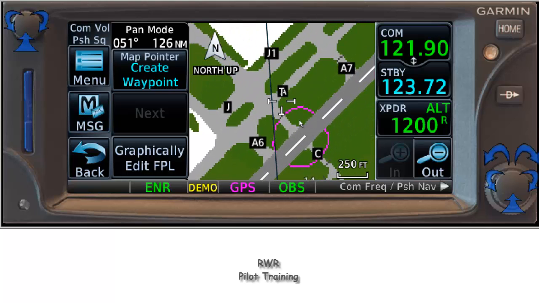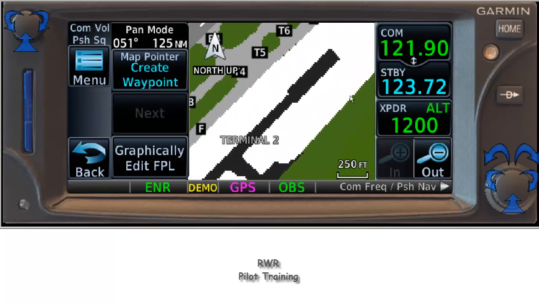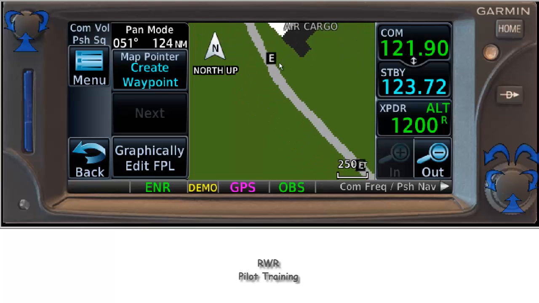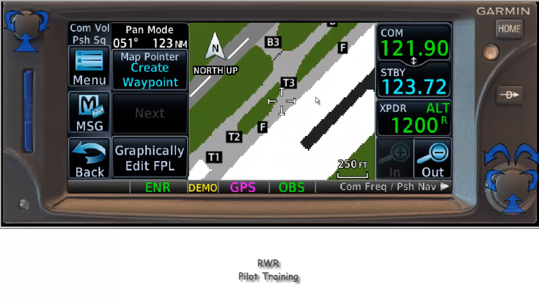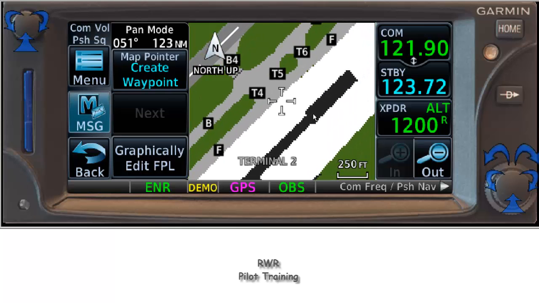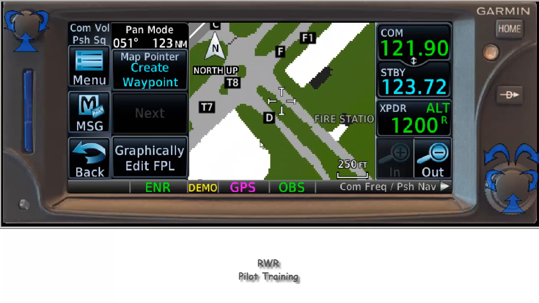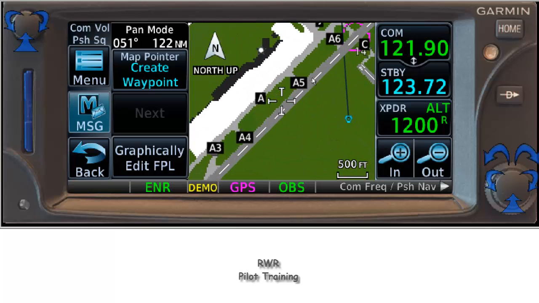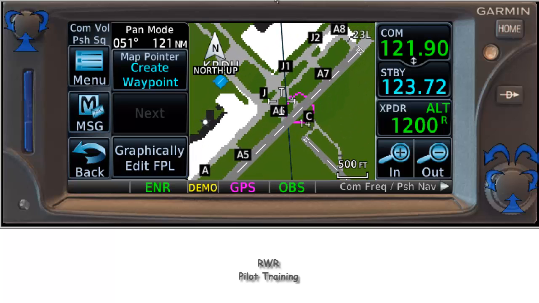This is a hot spot right here, this magenta circle. And then Raleigh also has something called taxi spots. If you've not run into those yet, well, frankly, I'm not seeing them on this one, but occasionally you'll see on the official charts spot 1, spot 2, and you'll hear aircraft being asked to taxi to spot 1 or spot 2 or whatever. In this case, we'd be rolling out and leaving. Usually, when you go in there, they're going to give you a left turn off of the 5 right runway,